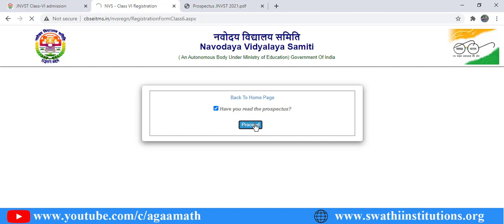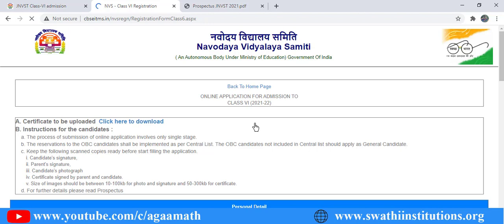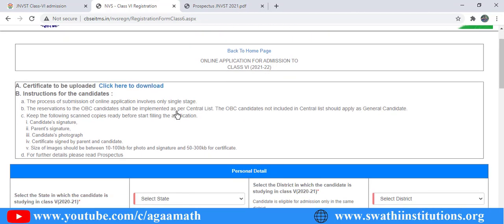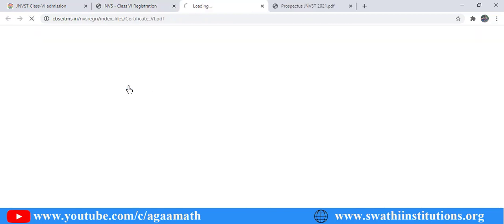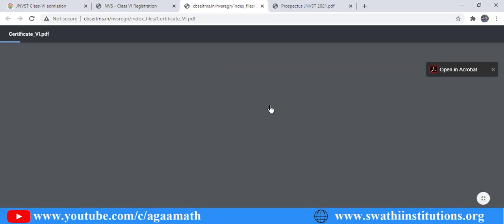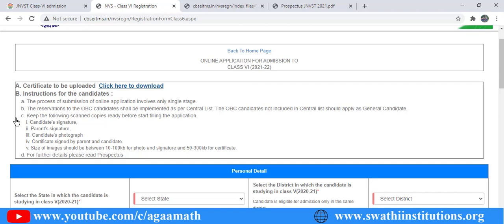Yes, this is the application to fill for admission to class 6th. Okay, so before you start filling this application, see the certificate to be uploaded. If you click here to download, a new application gets opened. That has to be filled, and see the candidate's signature.